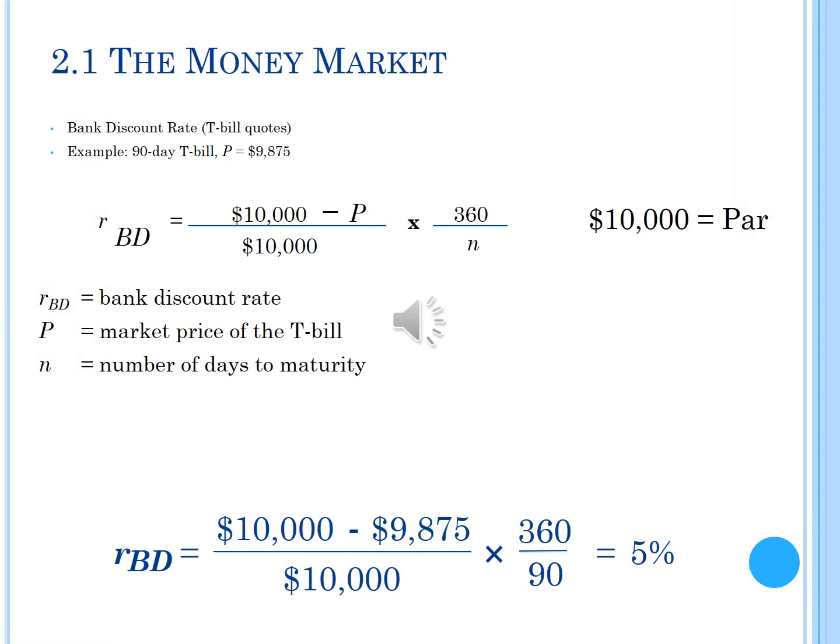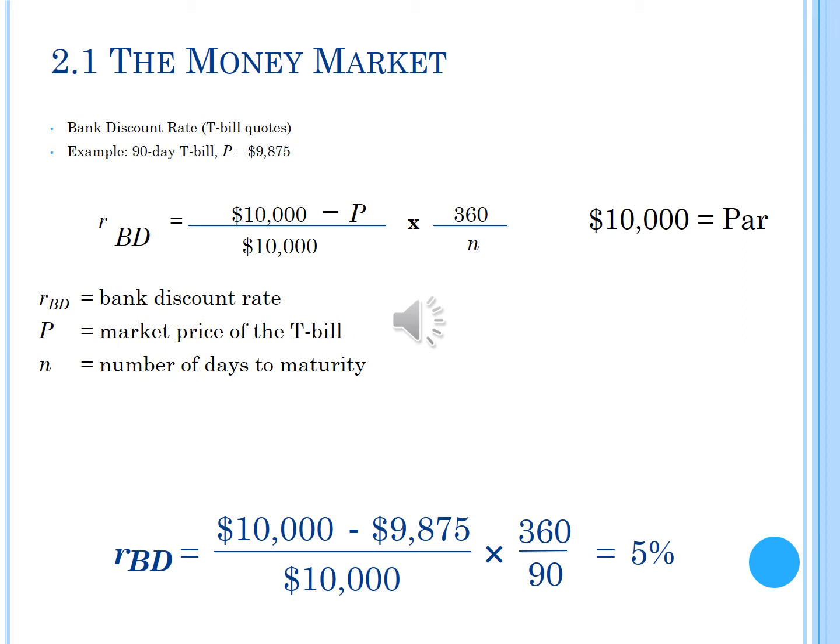Before we end this section, I want you to take a look at the bank discount rate formula. This is a formula to calculate the discount or the bank discount rate for Treasury bills quotes. Okay, the formula works as follows: the bank discount rate, which is symbolized by return on bank discount, equals the par value of treasury bills, which is the 10,000 minus the price or the market price for the treasury